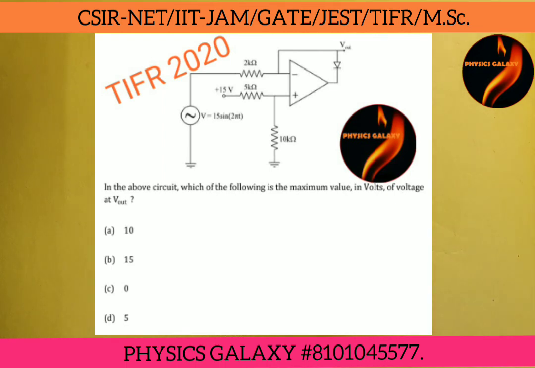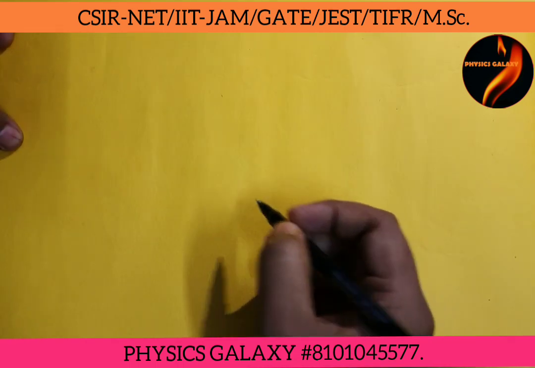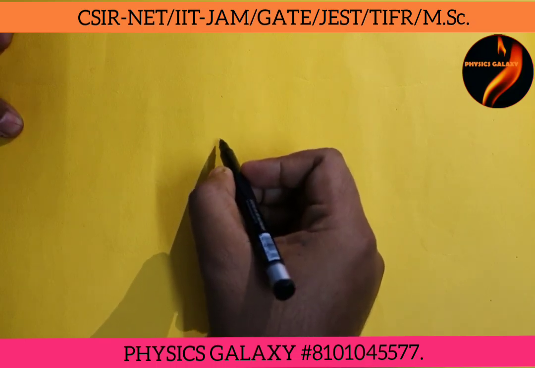So let us quickly solve today one electronics question from TIFR exam 2020. So you are seeing the problem on the screen. So in this problem basically you have to find out the maximum value of the output voltage Vout. So let us quickly draw the circuit diagram given here. So the circuit diagram given here is